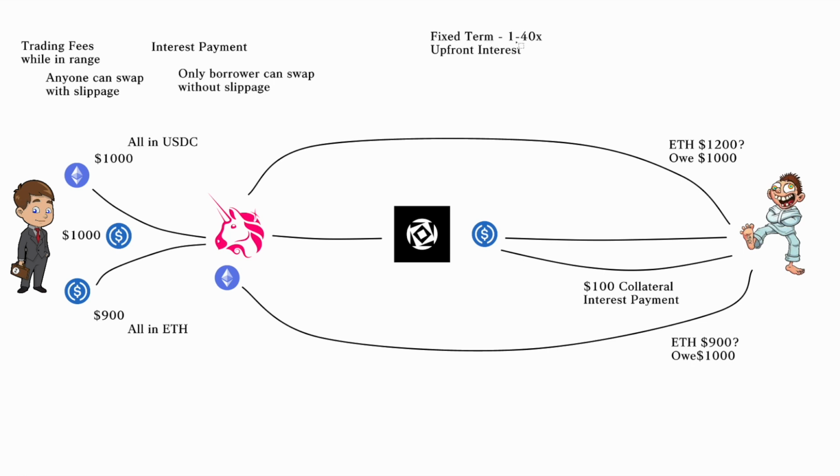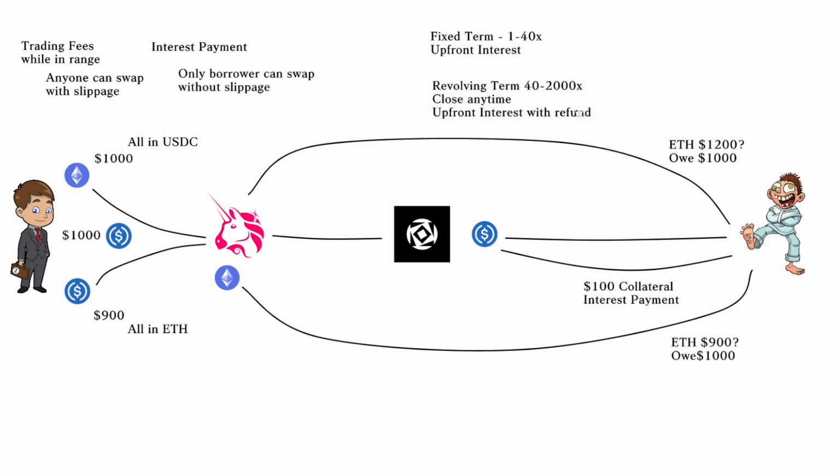So for fixed terms, if his leverage is between 1 to 40x, then he can choose a fixed term leverage, right? And then he will pay that interest payment upfront as well, and it's all calculated. So he says, I want this for 5 days. Then the system will calculate his interest and calculate his collateral needs based on the parameters, right? And then he will have to put both up front, right? And then when the position's closed, the interest payment goes to dollar bill, right? So upfront for fixed term, okay?